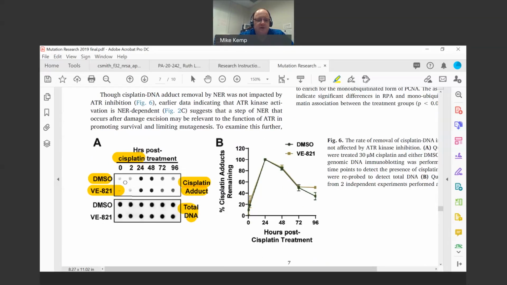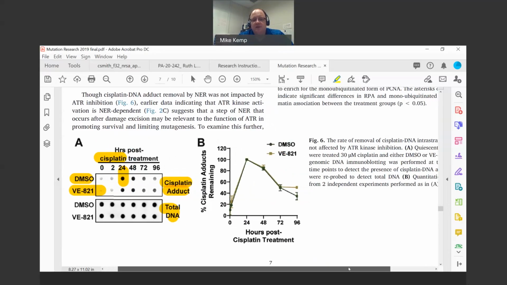And so we can see over in figure 6A here that about 24 hours after cisplatin treatment, we see a peak level of cisplatin adducts, and then at later time points, 2, 3 or 4 days later, it starts to decrease, right? So we see less platinum adducts remaining in the DNA. They're getting cut out by nucleotide excision repair. In the presence of the ATR inhibitor, that rate is very similar. So again, if we quantify this, we don't really see any difference. By 4 days, there might be some difference, and part of this is probably the level of some cell death that might be taking place that might, to some extent, affect the accuracy of our quantitation.